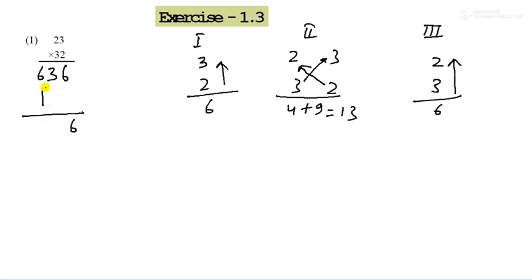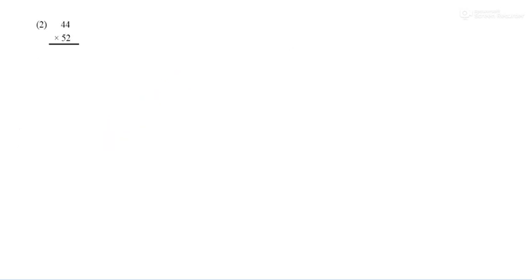Now come to your second step. And what about the third step? Third step is 2 and 3 multiply vertically upward. So 3 2s are 6. So you can write here 6. So our answer is 6 and 3 and 7, like this. You can draw a line also. So that is your answer. It is your 1.3 first question. Now come to the second question.